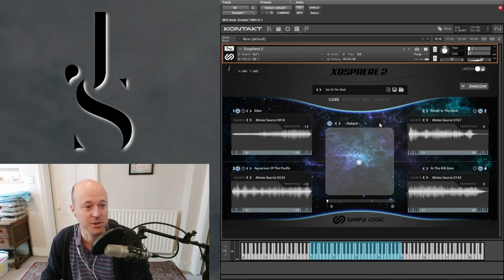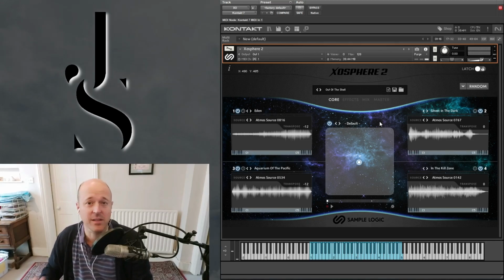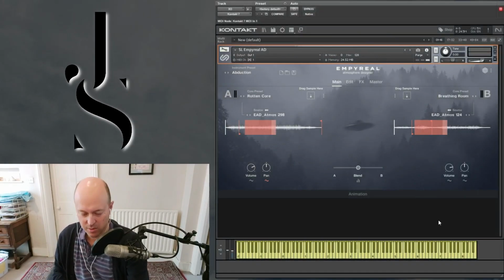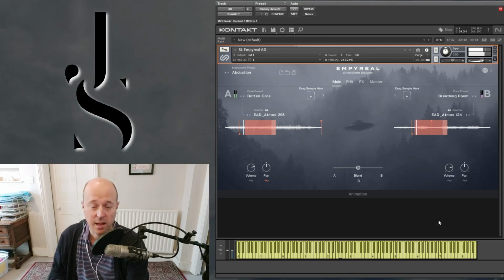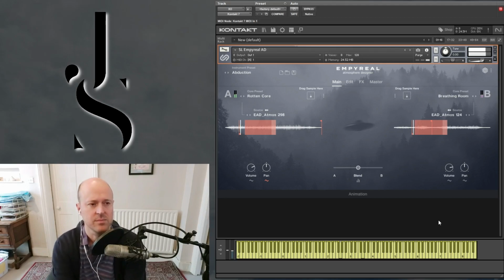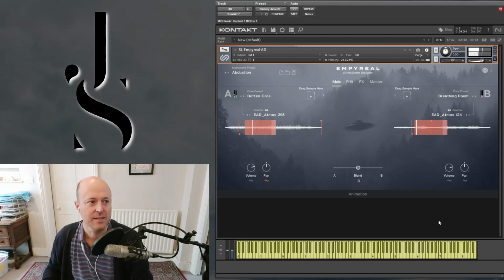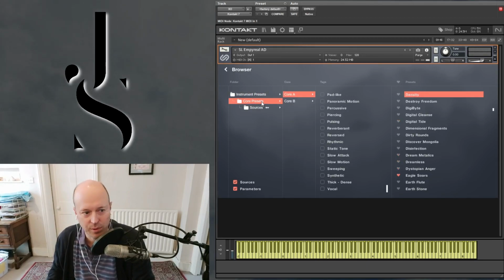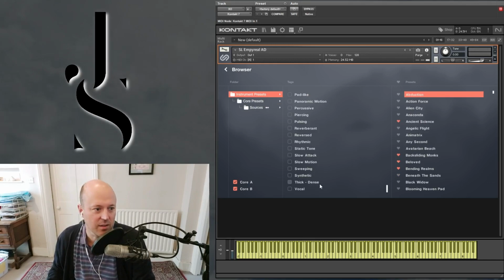I love Sample Logic. And because I love Sample Logic, the next one is another Sample Logic. It is Imperial AD. And this is how it comes out of the box. It even says it's an atmosphere designer. All with that underlying tone to it. If you go into the preset browser, you have all of these to find your vibe. You can find the core presets here. So, I don't know, let's go